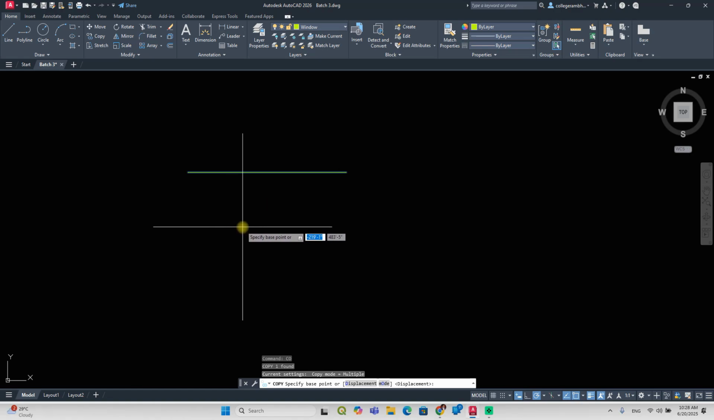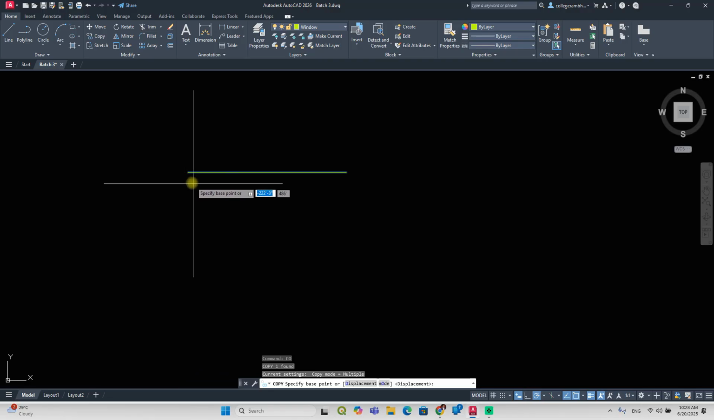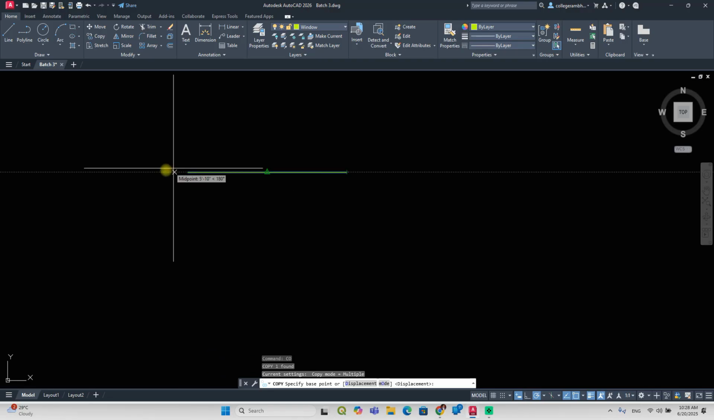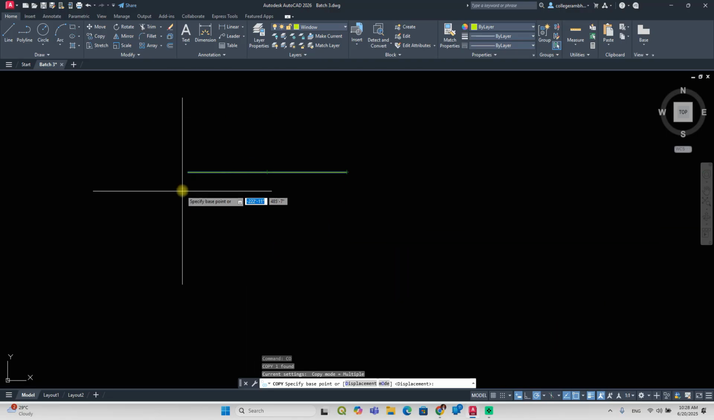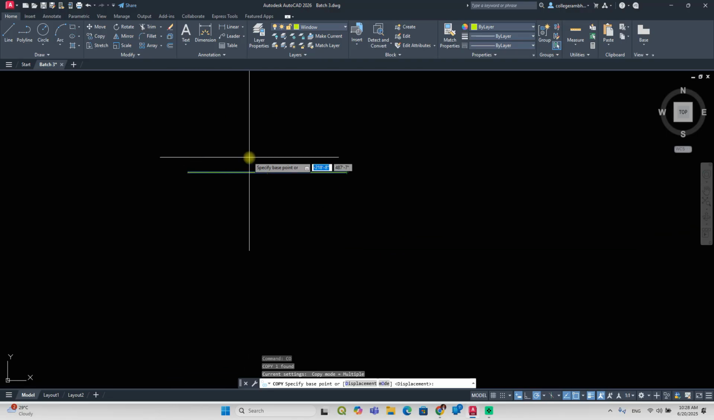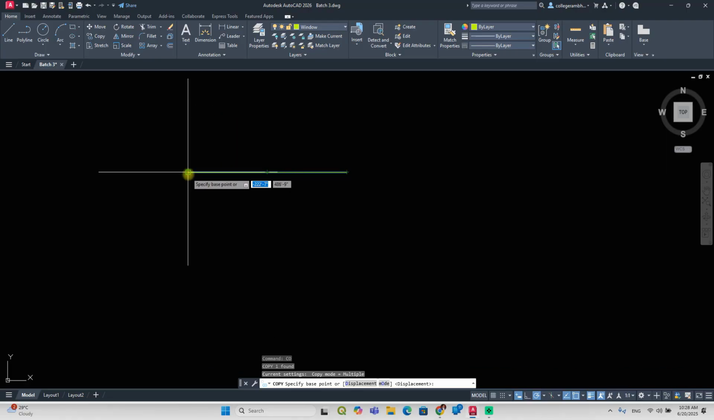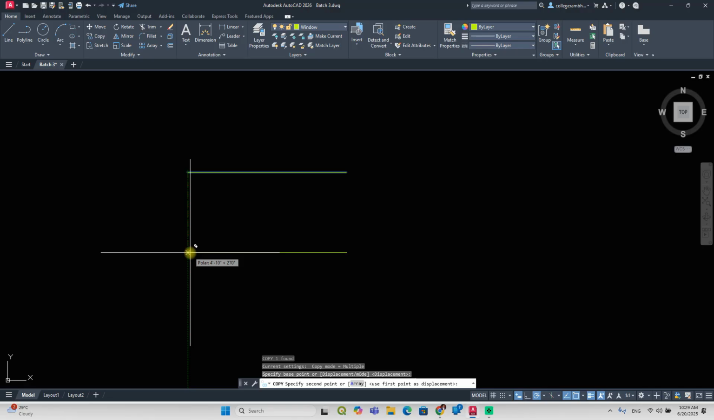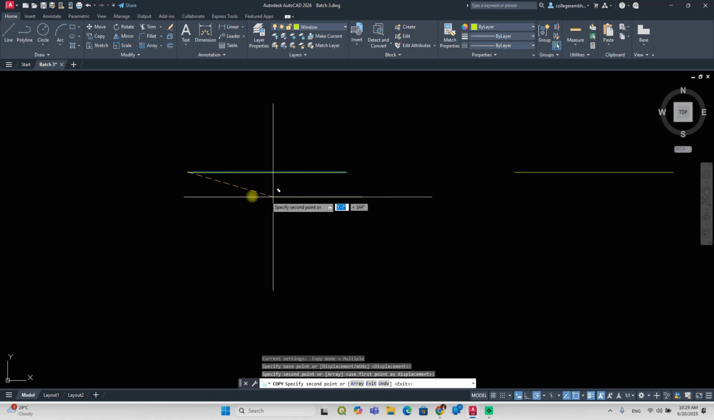After typing CO and pressing enter, you have to select a base point in order to copy this line. Let's select this endpoint. If you do not see these endpoints, you can just go to object snap settings and take the required snapping points as per your requirement. Now let's copy this line with this base point. I will click on this point. If you know a point you need to copy to, then you can just click on that point. For example, if I know a point over here, I will click on this point